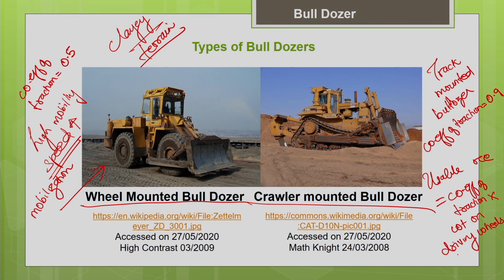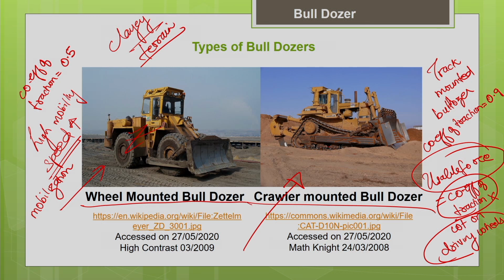So for the same weight of the machine, since the coefficient of traction is very high, obviously you can see that the usable force which is generated by this crawler mounted is going to be very much high when compared to the wheel mounted bulldozer. So that is why I told you, for very tough job conditions you have to go only for the crawler mounted. And similarly for poor underfoot conditions, as I told you, for clayey terrain, muddy terrain or rocky terrain, because in the rocky terrain you cannot use your tires, that will damage your tires. So you have to go for this crawler mounted.